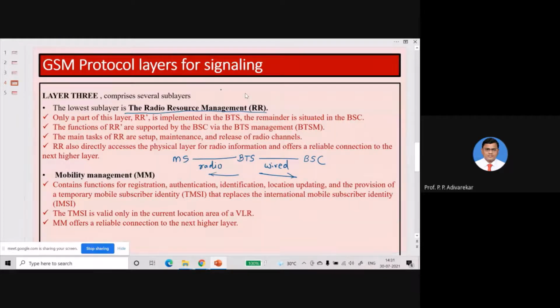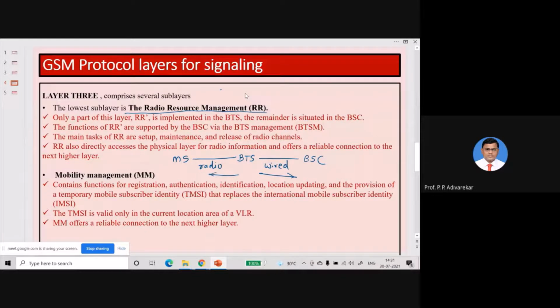Okay, so detecting of the channel is done by the lower layer. Once the lower layer detects the available channel, then call setup, maintenance, and release, all this process will be done by RR. Okay, so RR also directly accesses the physical layer for radio information. So which channel is detected for making the communication possible, this information is taken from the physical layer directly by RR.